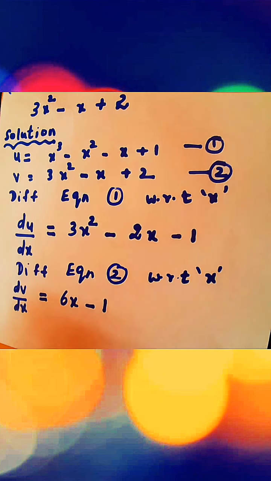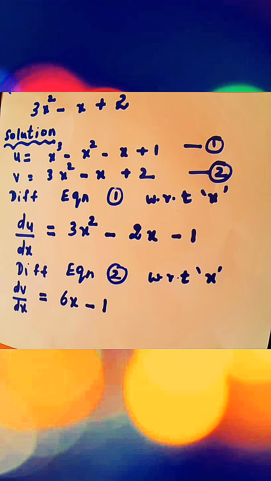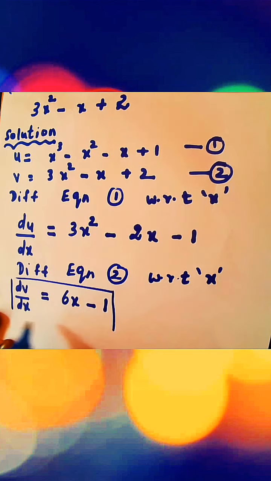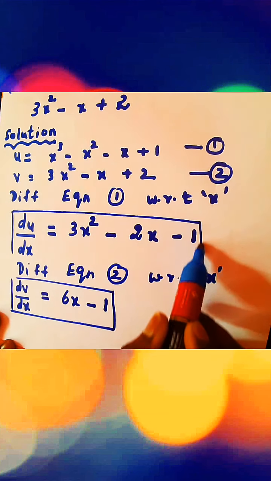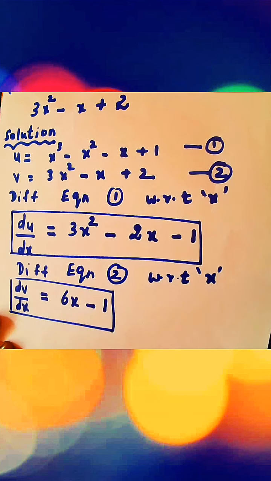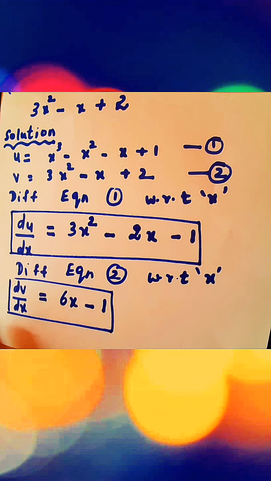Okay, so it's very simple. We are using the sum rule in differentiation. All right. So if you have not watched my previous videos on rules of differentiation, you can watch it to have more clarity. Okay, students, because you should know the basics. Then only we can solve it. We got dy by dx, and we also got du by dx, right? You can just have a look how we have solved so far. The problem is not yet over.